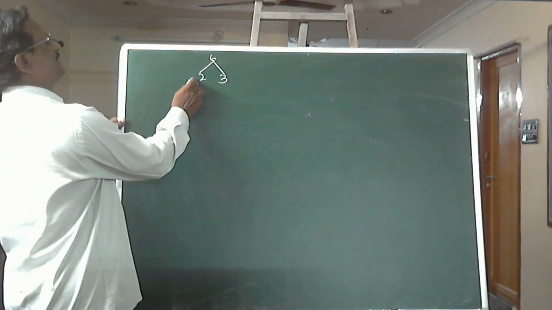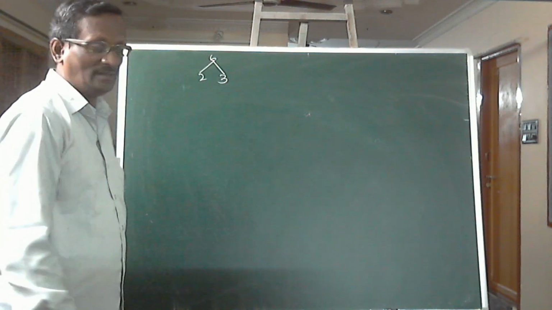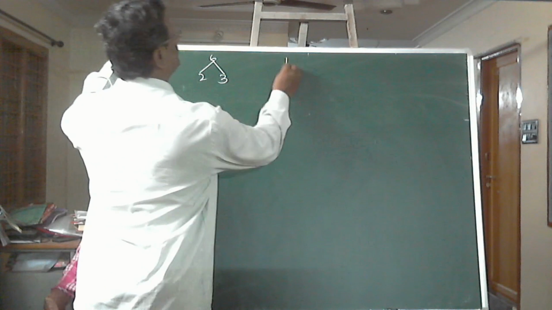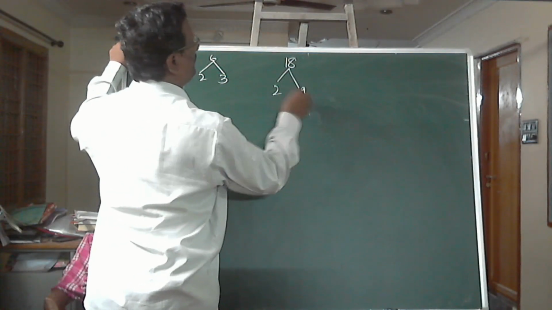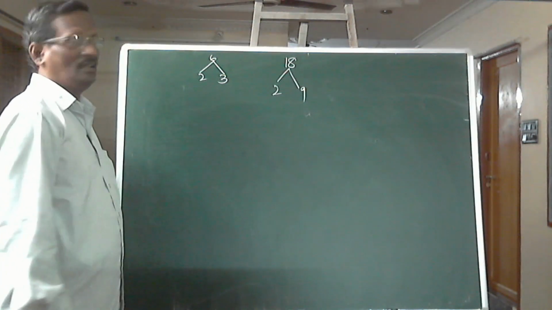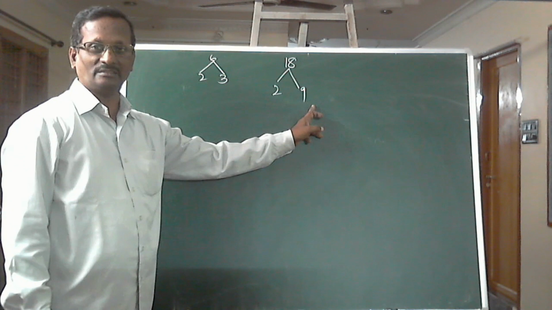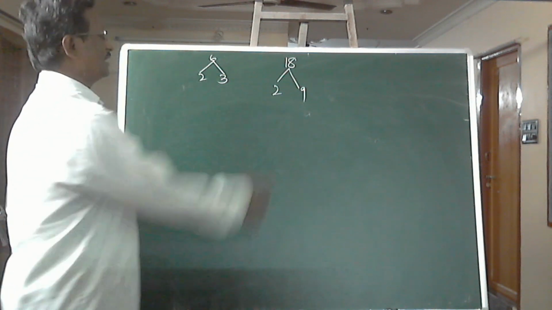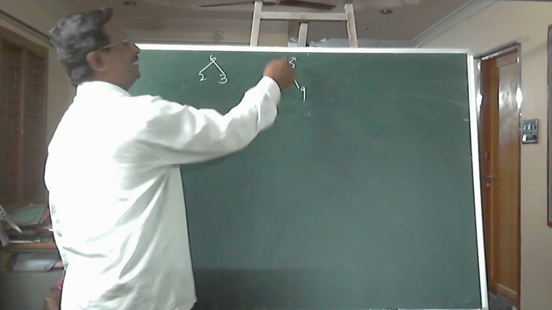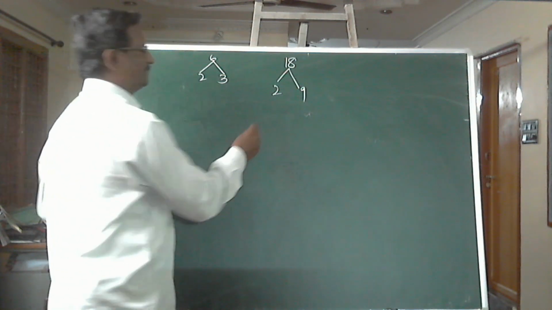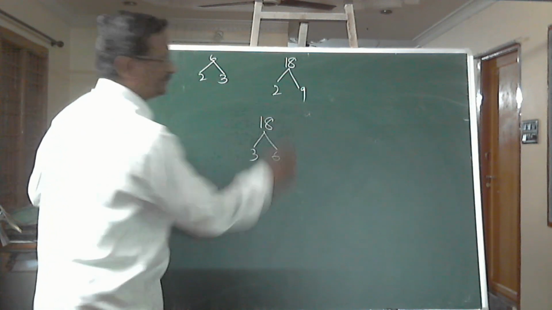Suppose the number is divisible by 2 and it is also divisible by 3, then it is divisible by 6. Similarly for 18, we can write it as the product of two numbers, 2 and 9, where the HCF of 2 and 9 is 1, or we can say they are co-primes. If the given number is divisible by 2 and also by 9, then it is divisible by 18.